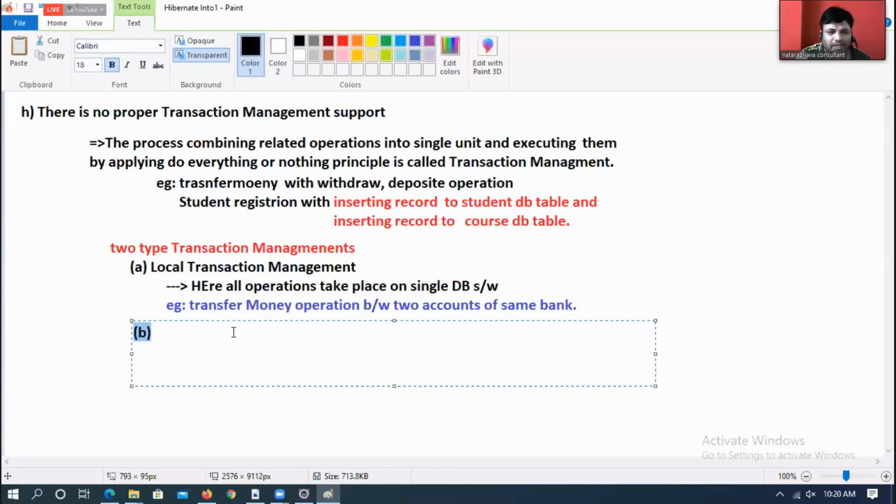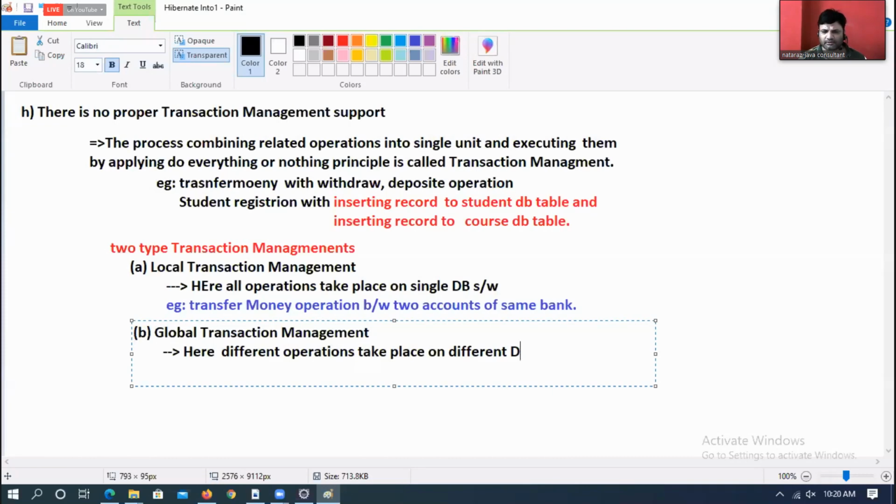Two is global transaction management. Here, different operations take place on different database softwares. More than one database will be involved.